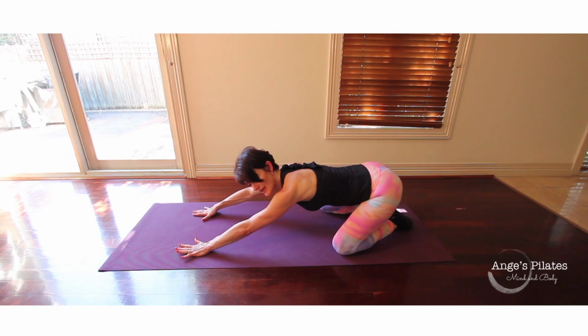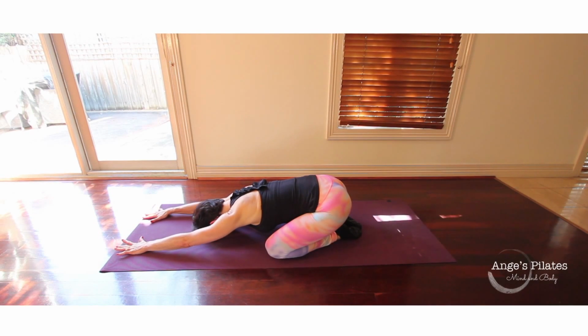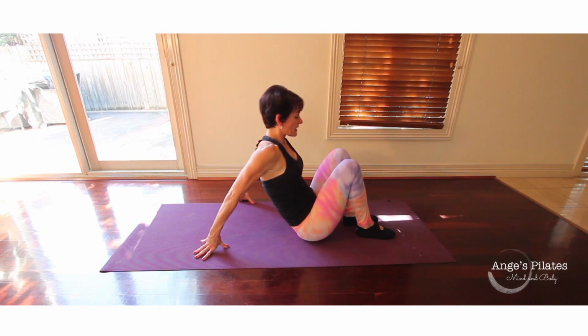Knees wide, toes together. Lower your forehead, walk your fingers away and breathe into the stretch. So lots of work through those shoulder stabilizers. Take a nice deep breath in through your nose and out through your mouth. Then come on up. You're going to finish some work into the glutes, the back of the legs, still using those abdominals